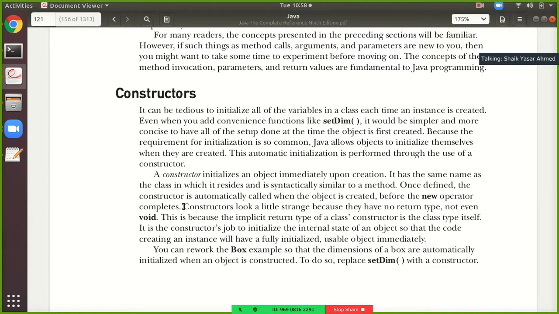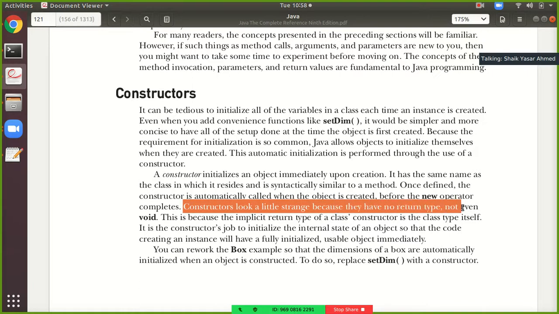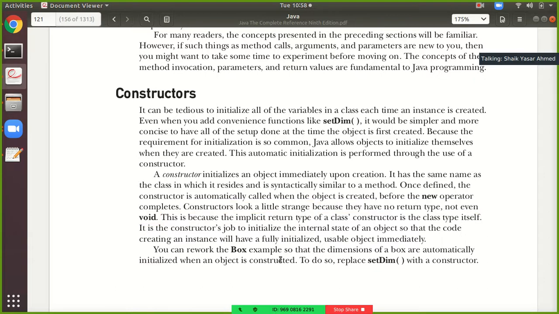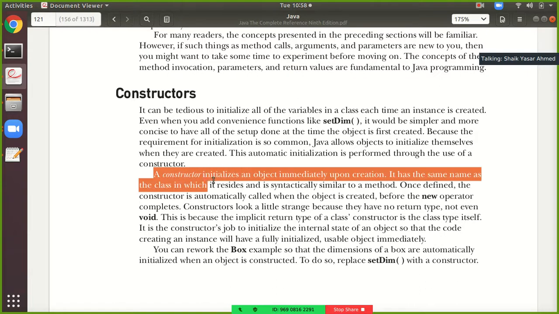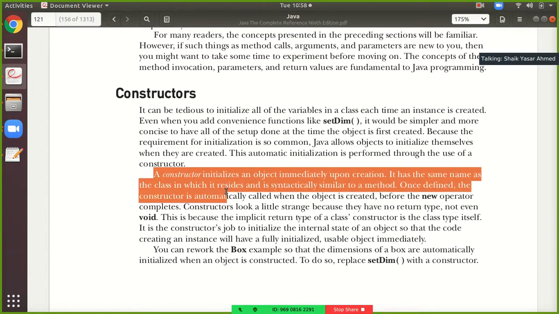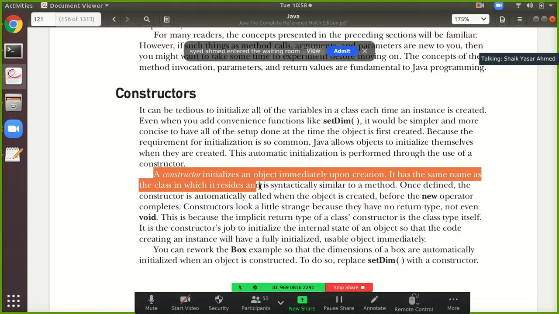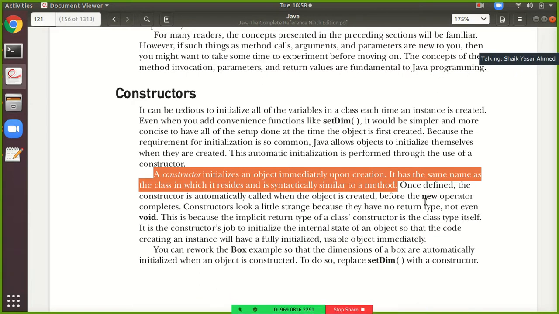Another point to remember and observe: constructors look strange because they have no return type, not even void. Remember this point, this is very important. Constructors have no return type, not even void. These are a few points you have to remember and write in your exam. A constructor initializes an object immediately upon creation, has the same name as the class in which it resides, and is syntactically similar to a method.